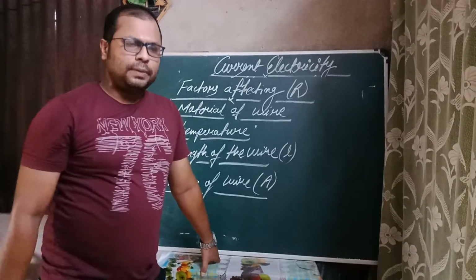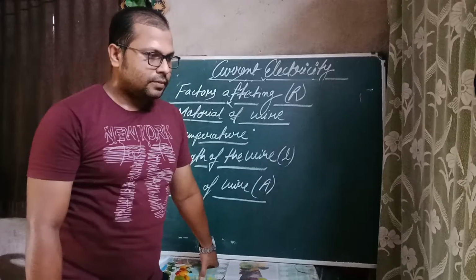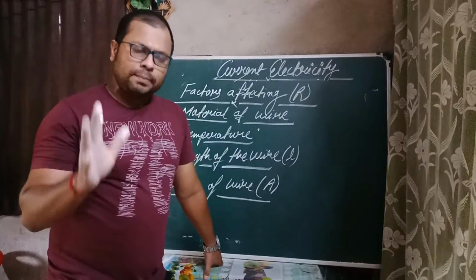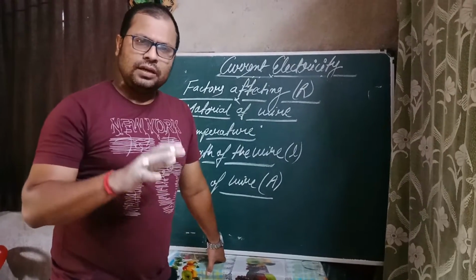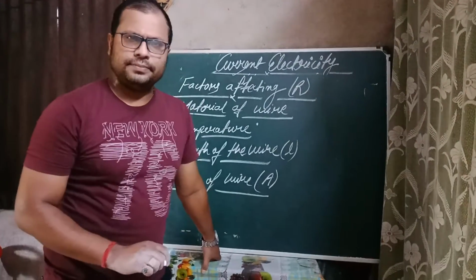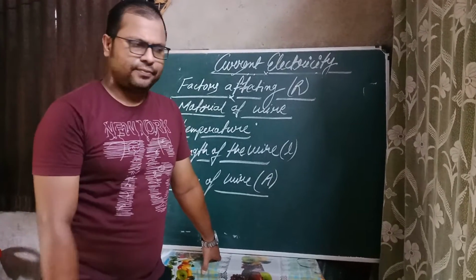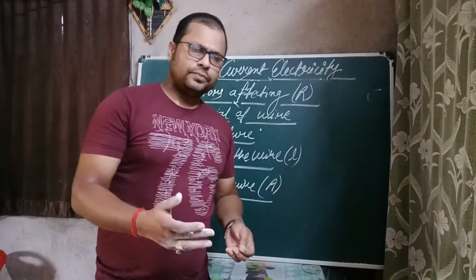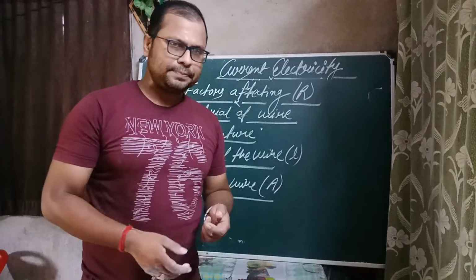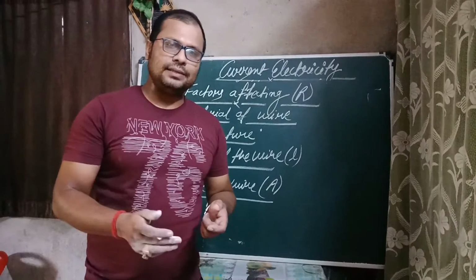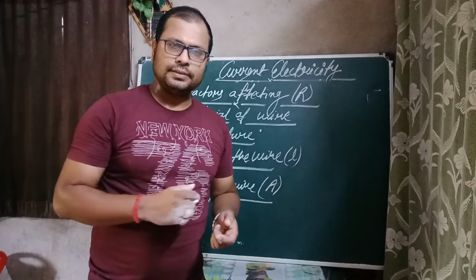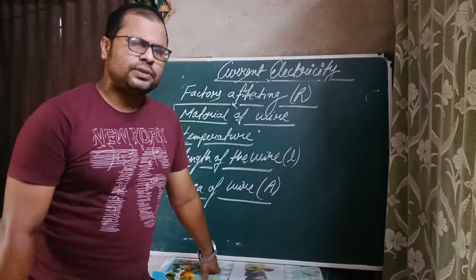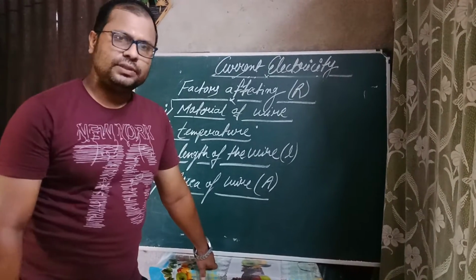If I take silver and copper, you know silver is the best conductor we call. Why do we call it that? Have you ever thought? Because the number of free electrons present in silver is much more than any other conductor we use in our daily life. So if the number of free electrons increases, the chances of conductivity increases. If chances of conductivity increases, then the resistance decreases. Clear?